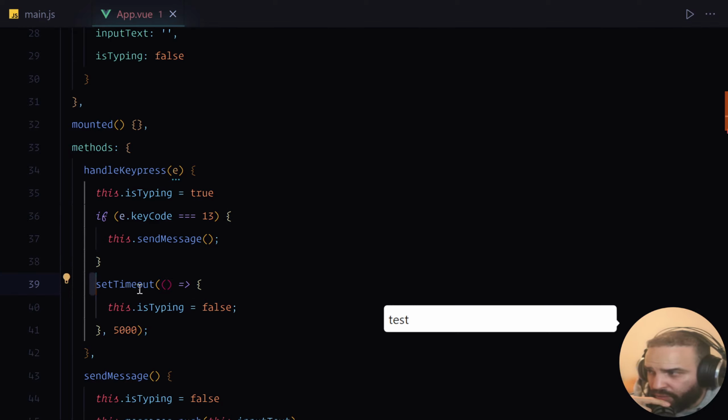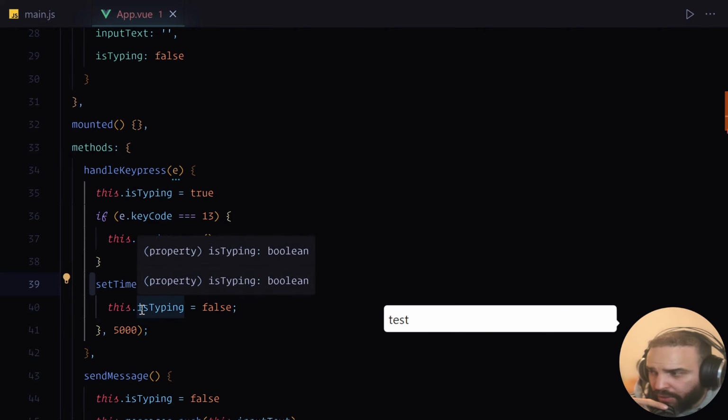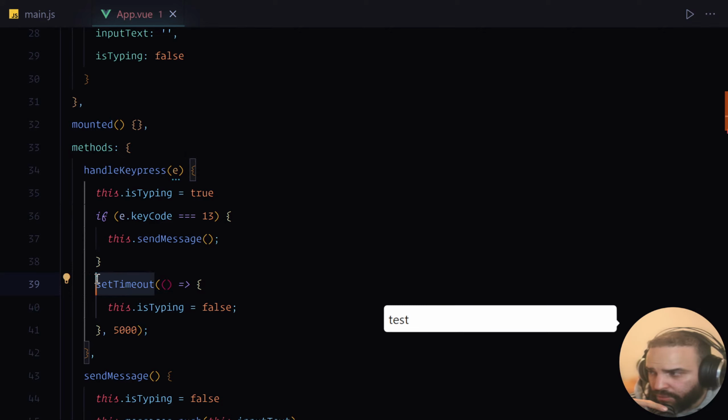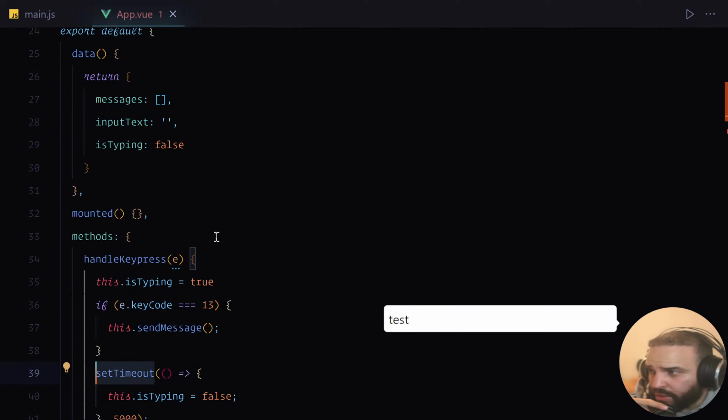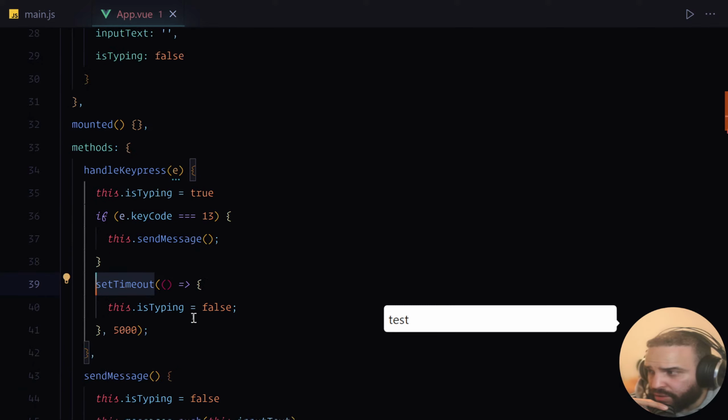We can set a variable to the typing timeout, right? Every time we type, clear it, make a new one, clear it, make a new one. And so basically that refreshes the countdown. But I'm not liking the